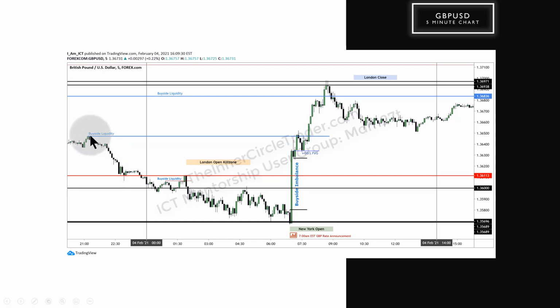We have a buy side liquidity pool right here. After midnight New York, small little Judas swing. Trades up, clears buy side liquidity. Also, it's an optimal trade entry there as well. Starts to drift lower,